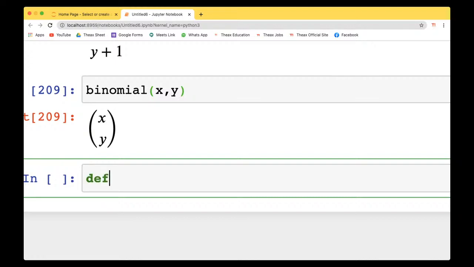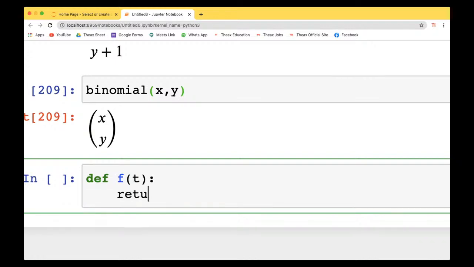So let this be a function f of t, and it will return you the exponentiation of minus t multiplied by the cos of